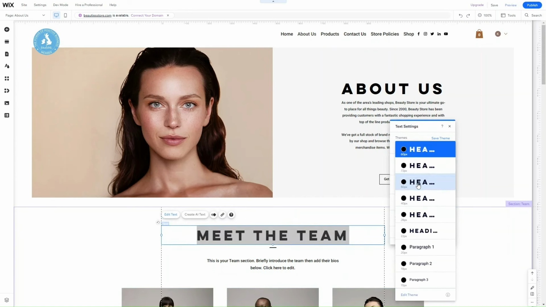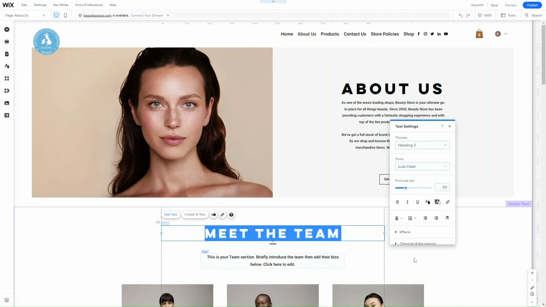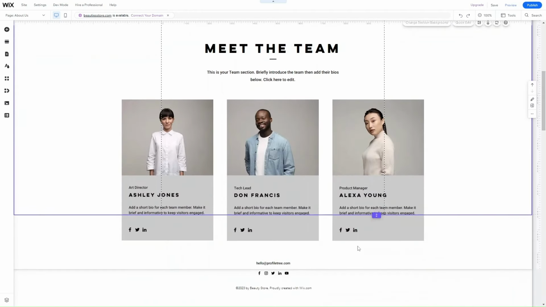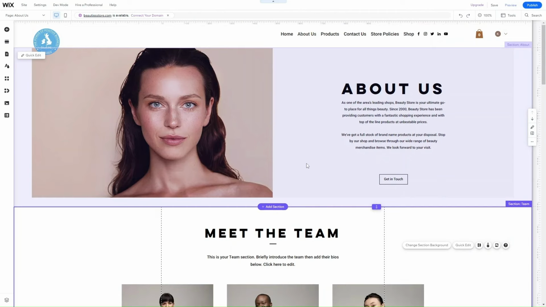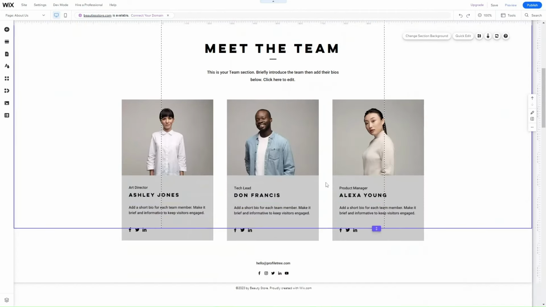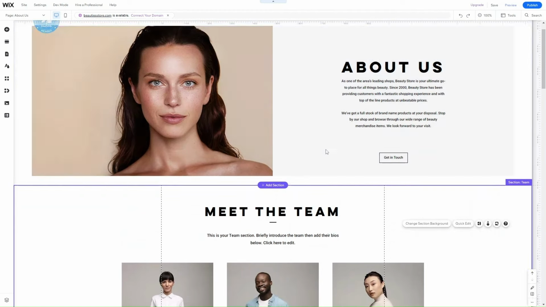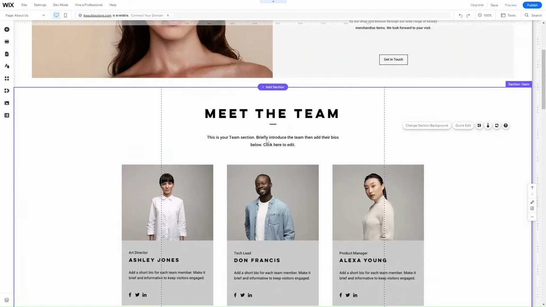Again, it's really important to note that when it comes to building your site, you want to make sure it's optimized for SEO as much as possible. That includes making sure that every single page has a heading 1 tag and only one heading 1 tag. You don't want more than one, and you don't want zero heading 1 tags either. But you can see we've added this section, and all we need to do now is update the images and